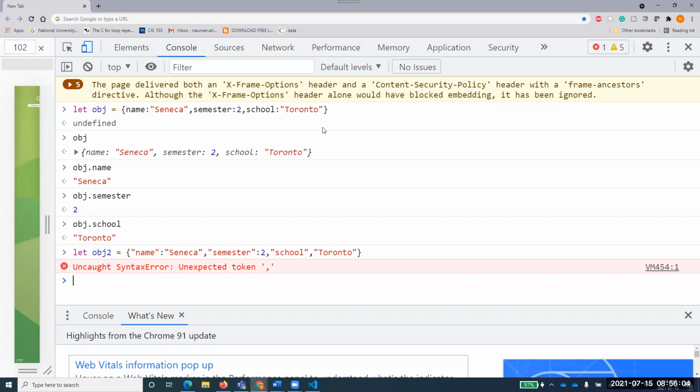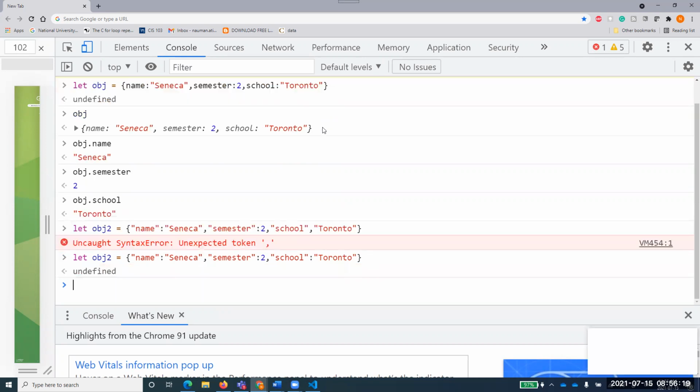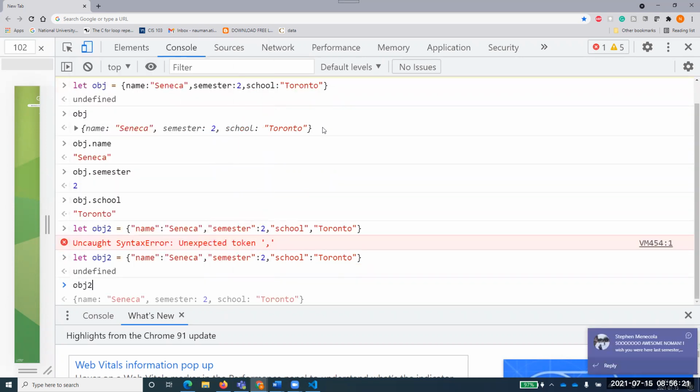Oh, did I do something wrong maybe, or is it not accepting that? Oh, I've done something wrong. Here it has to be a colon, right? I want this to be field. Yeah, thank you. Okay, now if you,